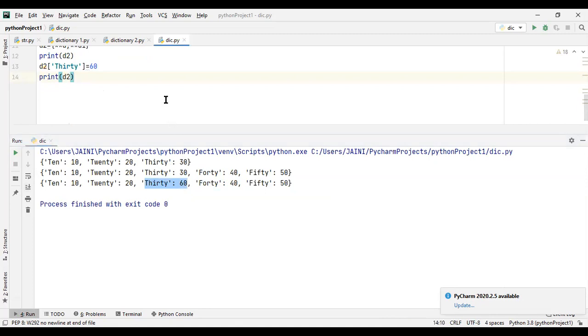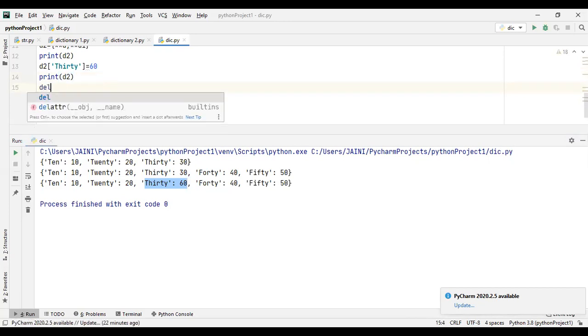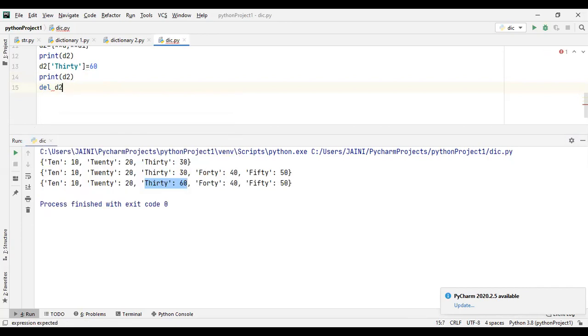Okay, we can even delete a particular item. So let's delete it and check. Now I'm going to delete the same item. So over here I'm going to write del, the name of the dictionary and the key, that is 30. Now let's see what happens, because we have 2 keys.